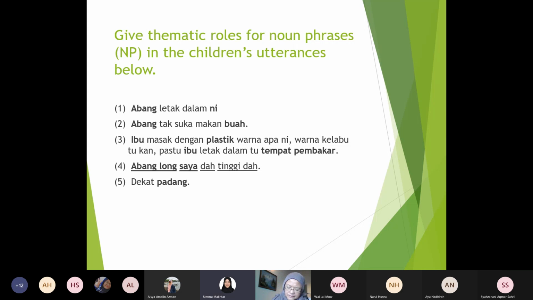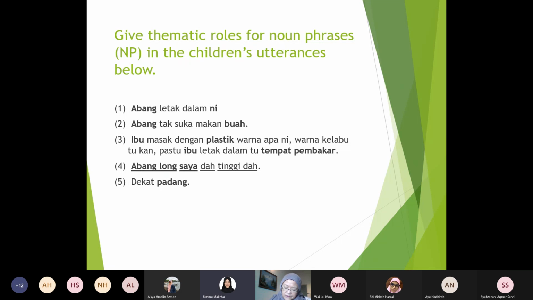I guess it depends on which view. If "Abang Long, saya dah tinggi dah," then saya would still be the agent, I think, as the predicate. Initially I thought "Abang Long saya" means my brother, that my brother is already taller. No, actually what you're saying is, if there is a comma there: Abang Long, saya dah